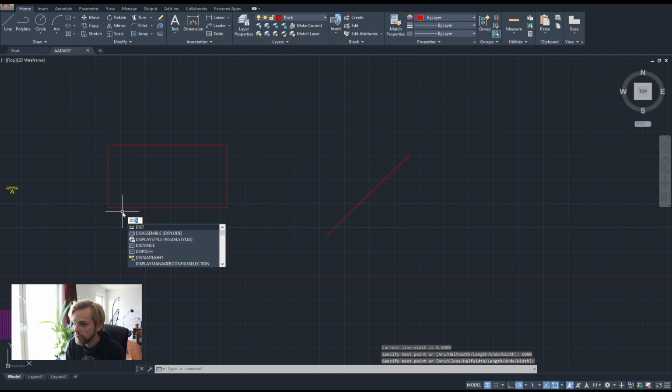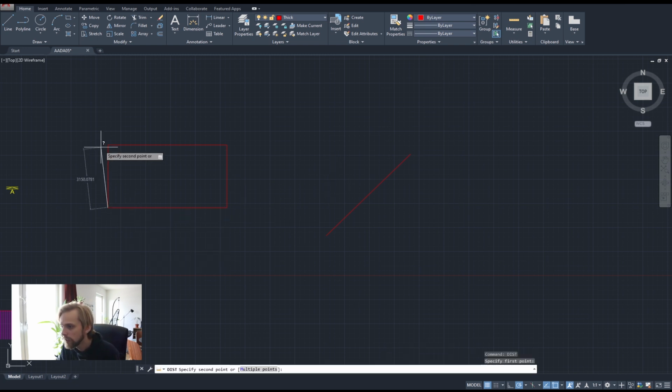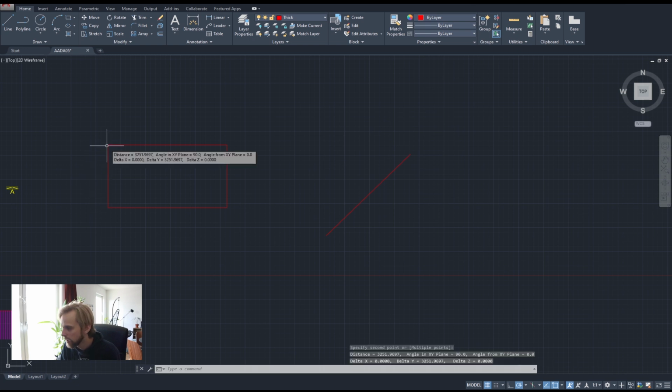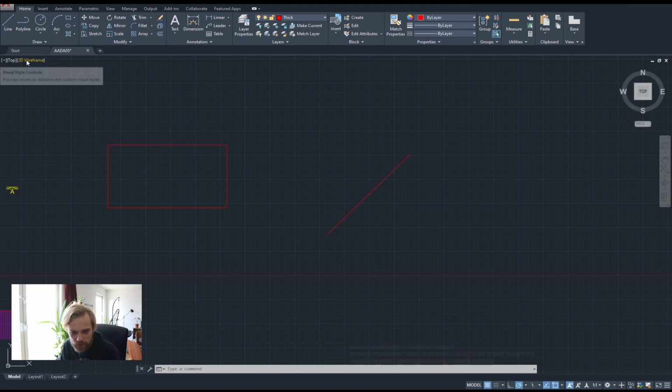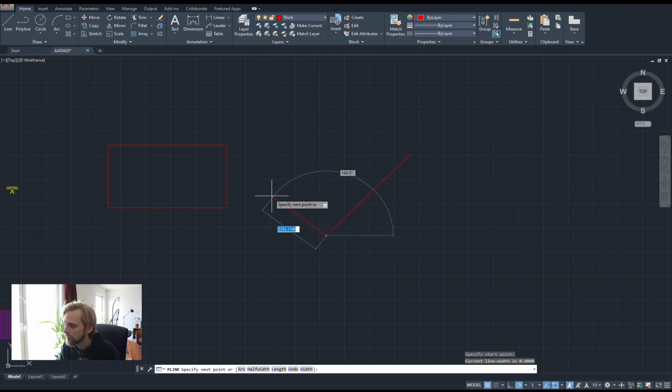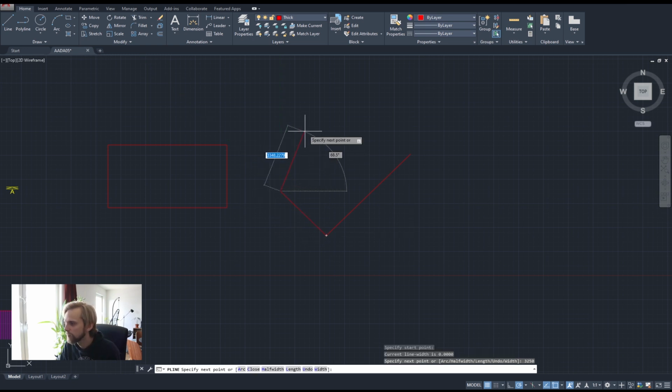Then I will measure the other wall, like so. And I see that it's 3,251. So let's say 3,250 millimeters. I'll grab a polyline tool again. I'll just draw it out, like so. 3,250, right? Enter. That's it. We have the two lines, and these two lines are going to be enough for me to finish up drawing this particular